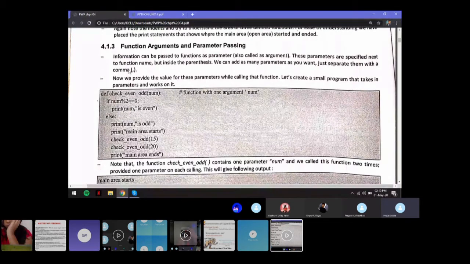Now you're already familiar with what we mean by arguments or parameters. Basically, whenever you want to pass some values into the function itself while calling the function, those will be the arguments or the parameters.